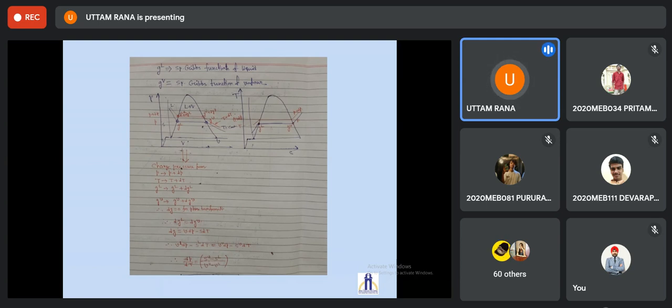Let us say the Gibbs free energy of the system will change. For the liquid state, which was at GL, if we increase the pressure, it will take a new Gibbs free energy. Let us say it is GL plus dGL. And similarly for the vapor state, it will go to GV plus dGV, because we have increased pressure and the corresponding temperature has also increased. So GL will tend to GL plus dGL, and GV will tend to GV plus dGV.